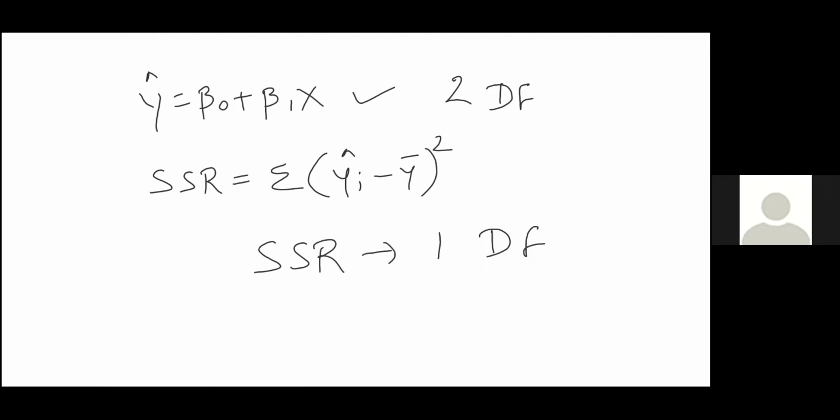Now, this is a case when we are only talking about simple regression. If you have more than one independent variable, this will change. For two independent variables, the regression sum of squares degree of freedom will be 2. For three independent variables, the regression sum of squares degree of freedom will be 3, and so on. So for regression sum of squares, the degrees of freedom are equal to the number of independent variables.